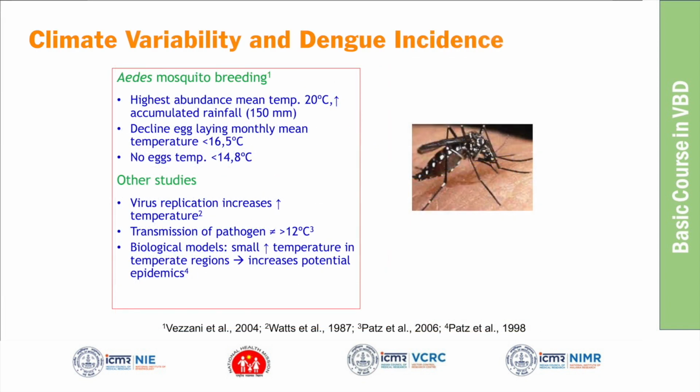Coming to dengue, we've been talking about malaria. Climate variability also plays a major role in dengue incidence and transmission. Temperature plays a major role in vector breeding and development. So you have temperature